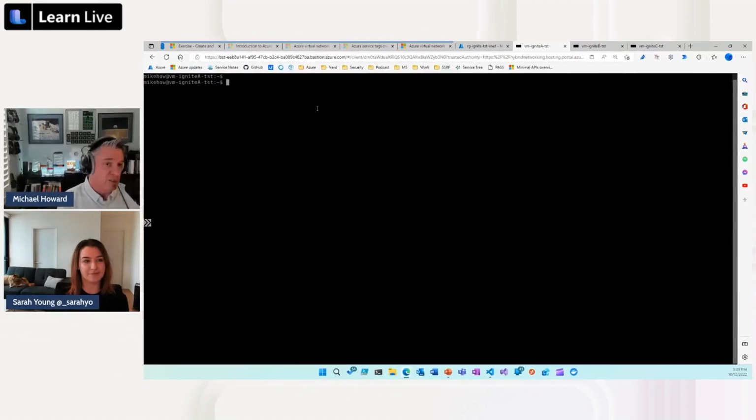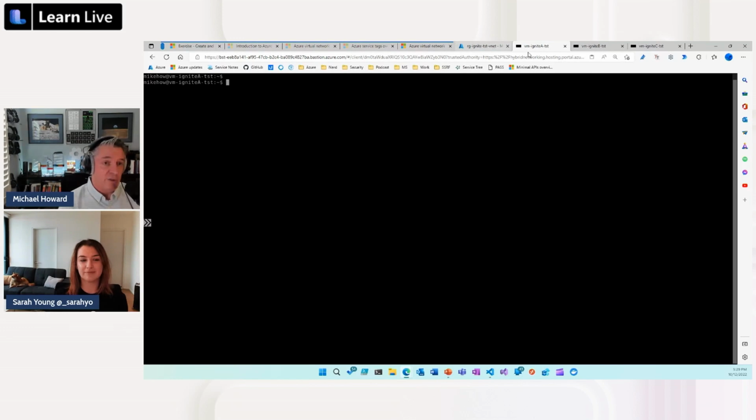Yeah, it is, but it's something that's hosted in Azure by Azure. And the nice thing is that you can actually see it in the browser if you wanted to, or you can run it from the command line as well. So very highly recommended, because you're not exposing your virtual machines to the internet.